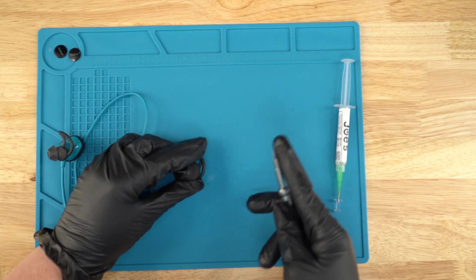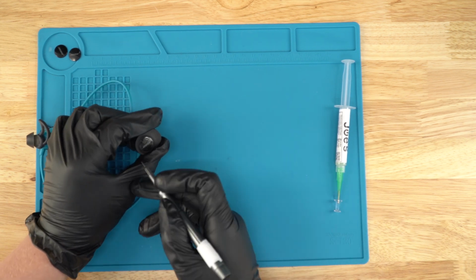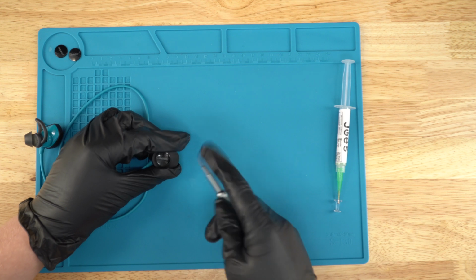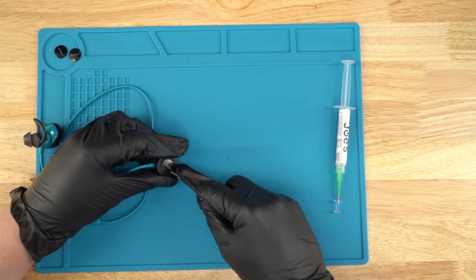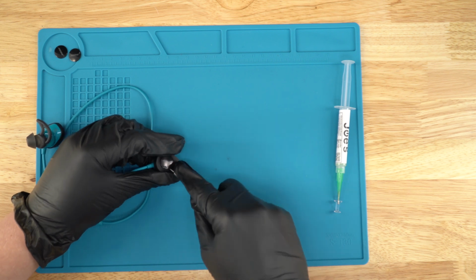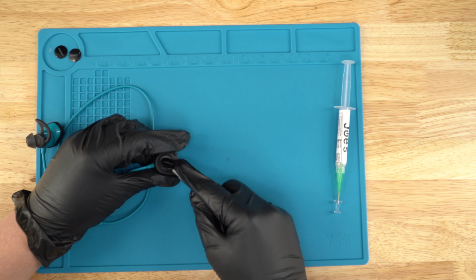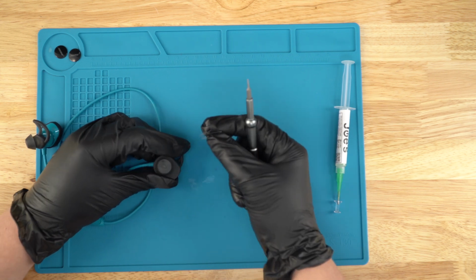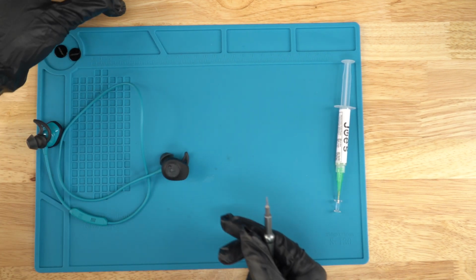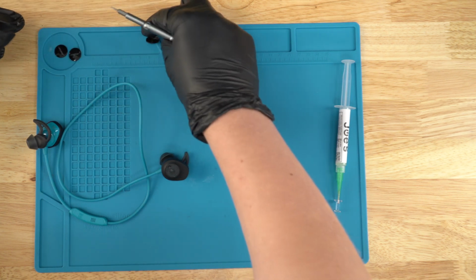So first, I'd grab the flathead. I usually start on this side. It doesn't really matter which side you start on, but I just start on this side. You kind of just go down into there, just like that. It should pop off just like that. Just take that tape off. Just set this bad